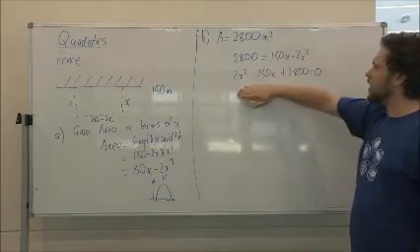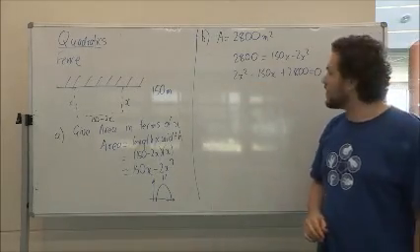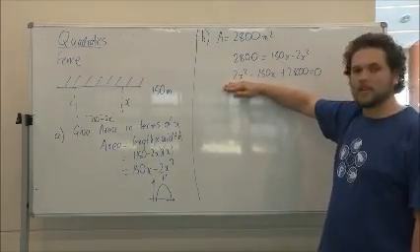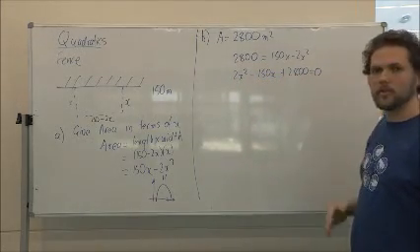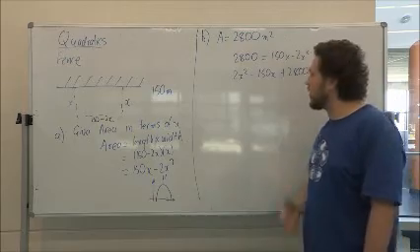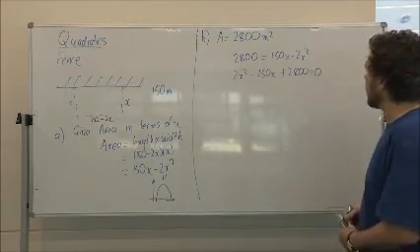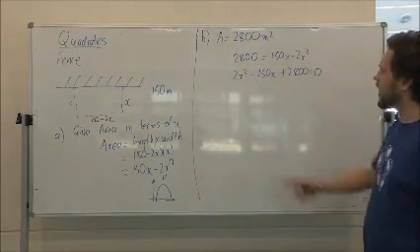Why have I done that? So it's in a form I recognise. I've got an x squared term followed by an x term followed by a constant equals 0. So now this is just solving a quadratic equation. Now we've got some big numbers. And hopefully you noticed that there is a common factor of 2,